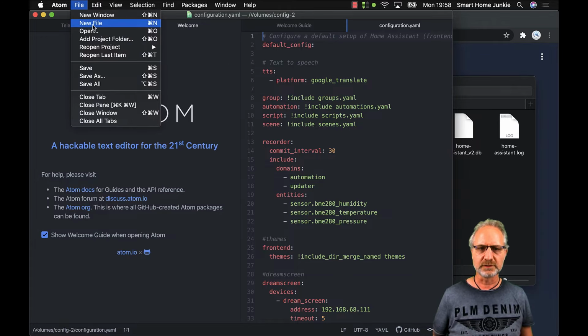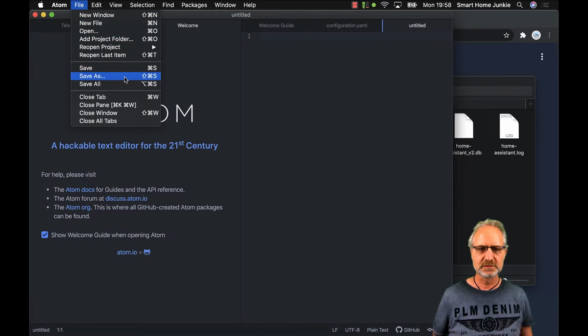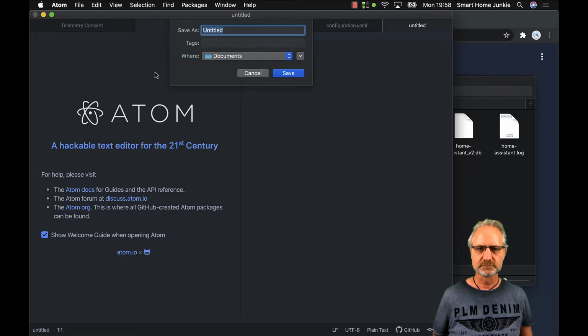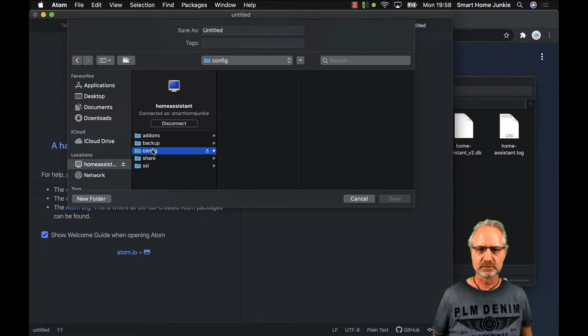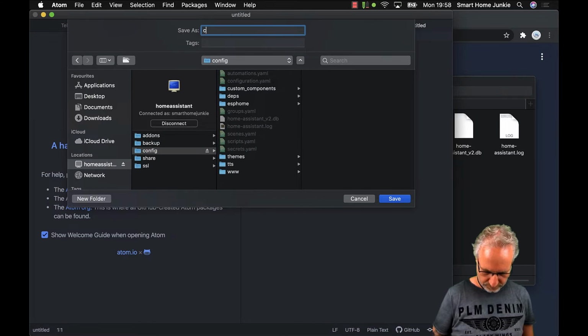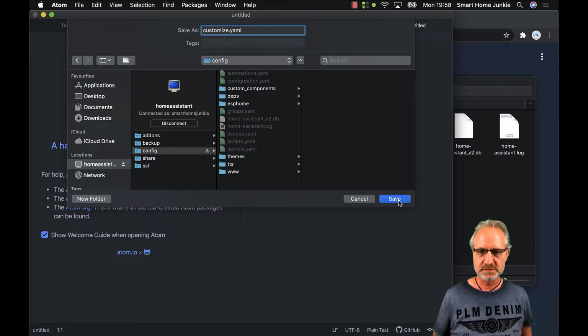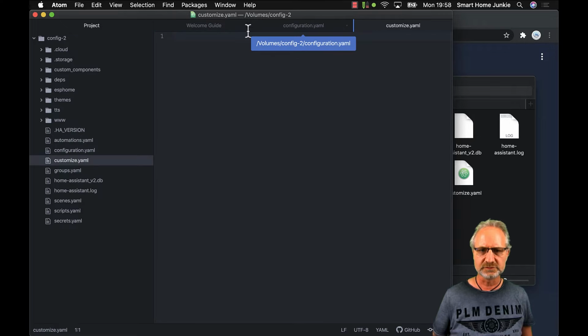Yes, and now I'm going to create a new file, and I'm going to save this file as. Now I have to go back to my server, to config, and I'm going to call this file customize.yaml. Save, and we are going to add a little bit of code to that file. Let's close these two,